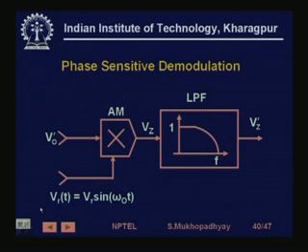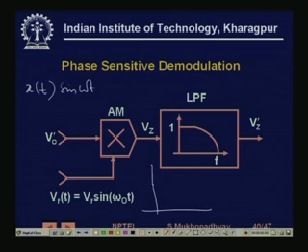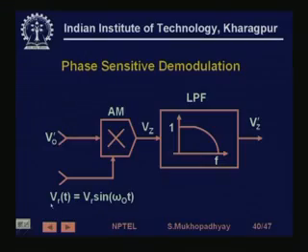Lastly, we have a phase sensitive demodulation circuit, where we have a modulated wave and we have to demodulate it. A modulated wave typically looks like this: you have a signal x(t), and x(t) sine omega t will look like this. From there you have to extract the x(t) signal and reject the sine omega t signal. This is the problem of demodulation. So what you do is you multiply this signal by